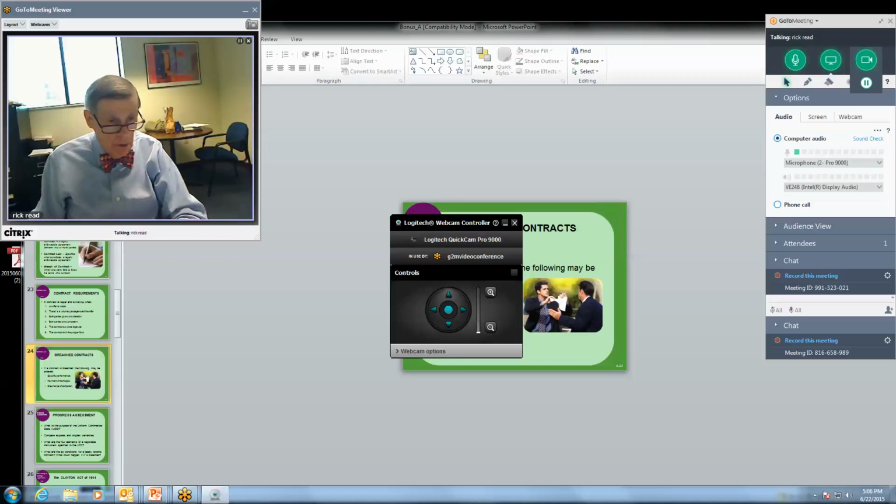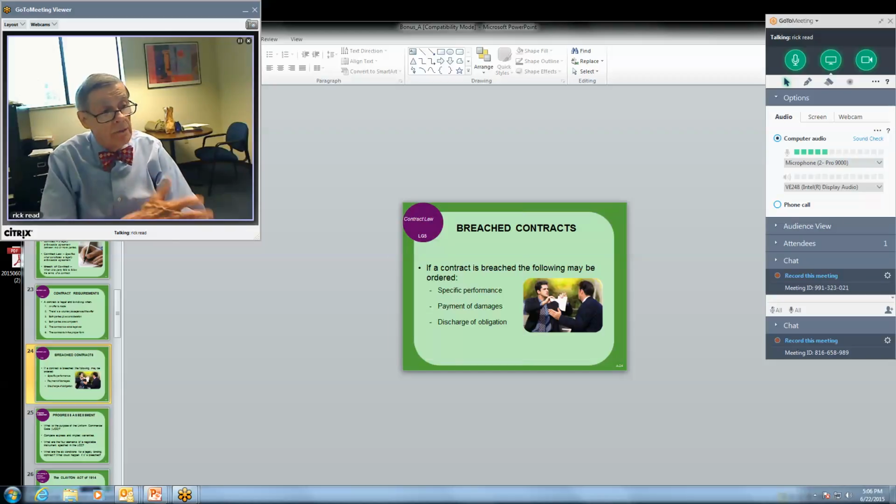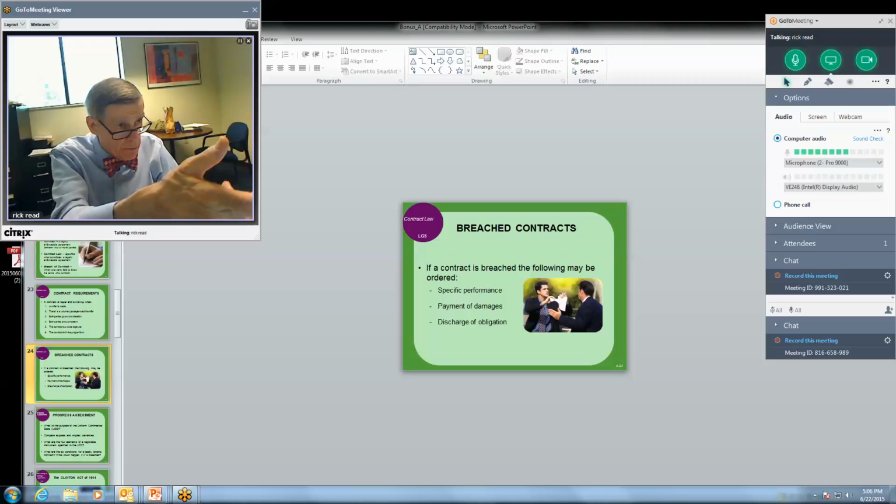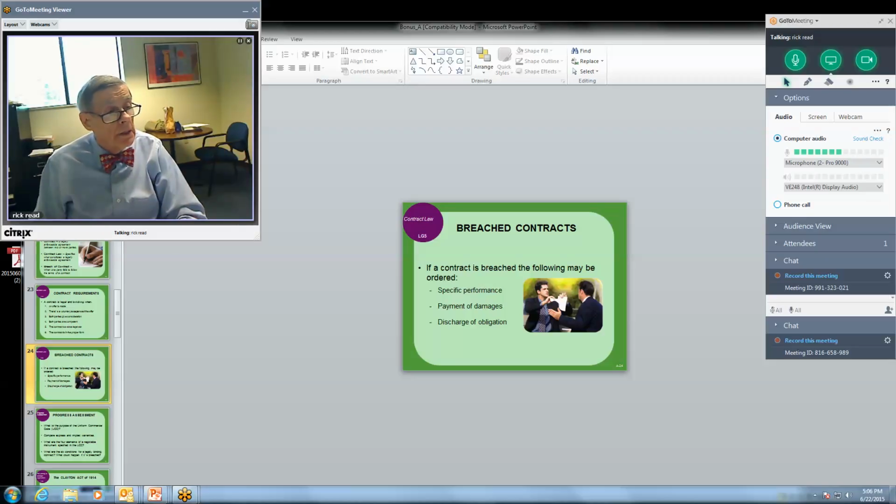Now, of course, that assumes that the other party breached the contract. And of course, normally speaking, one of the two parties is going to breach the contract. And so these particular things can come forward. And one that I skipped over, were you to go to a court of law, a judge may say, okay, this has to be done. You agreed to this, you breached the contract, you have to follow through and pay.